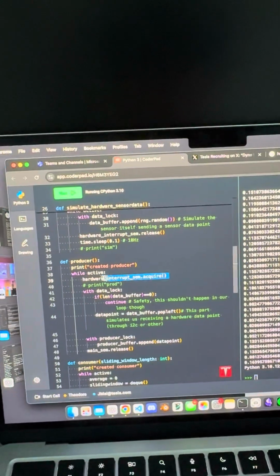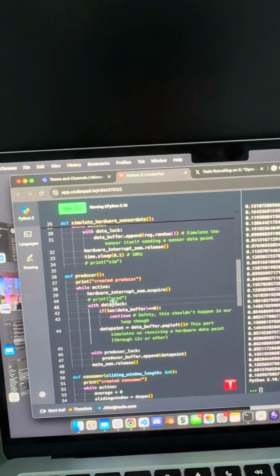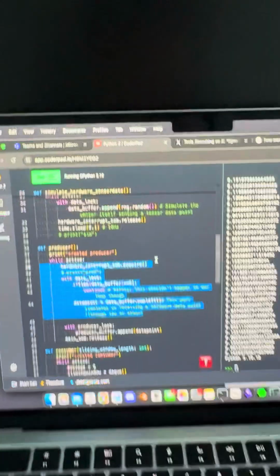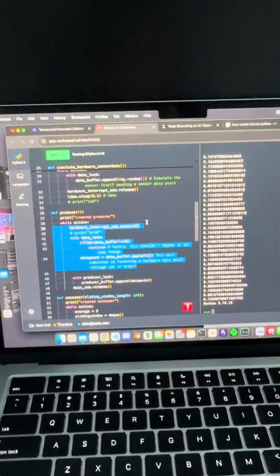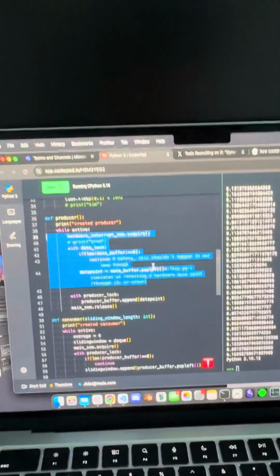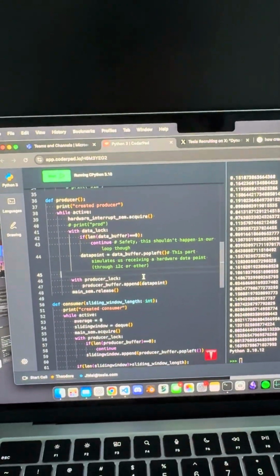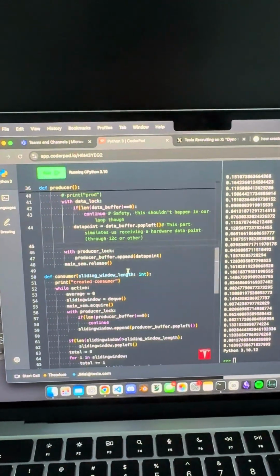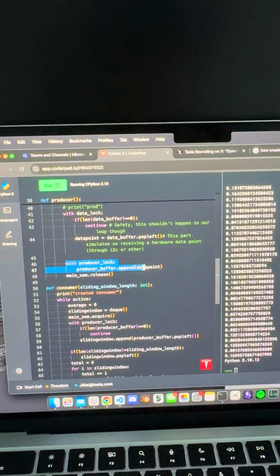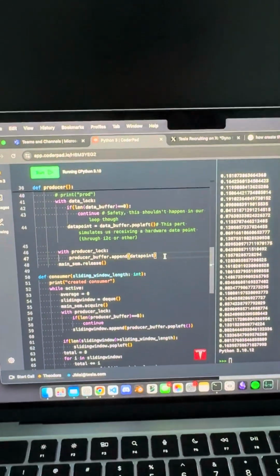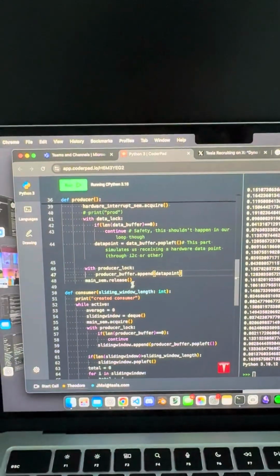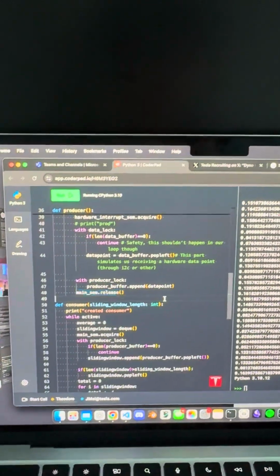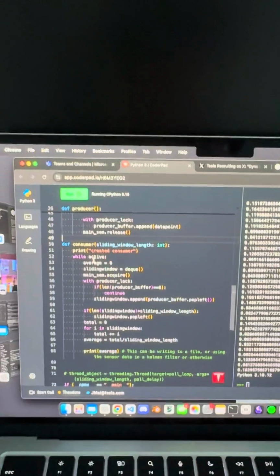So basically when it blocks like this and then unblocks after, this whole block of code simulates an interrupt, because we can't simulate a whole hardware interrupt in CoderPad. So basically when we receive a hardware interrupt, we produce this. So we add to the actual producer buffer, and then we release a semaphore again for the consumer to consume. And then this consumer thread